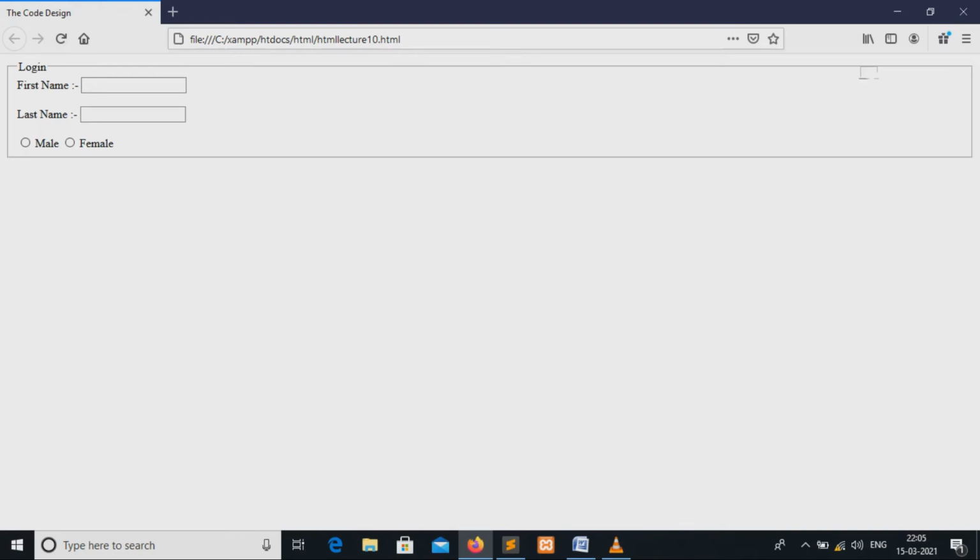Here is my page. So firstly refresh this page. Here login we use a caption, that is in which legends are used, and field set is a group of all the elements in a group wise. Here input tag display, and radio button. Here if we want to choose one of them, the box will select one of them.